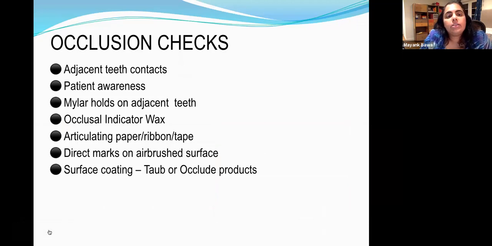Occlusion checks. How do we know that the occlusion is good, and how important is it to make sure the occlusion is good? Otherwise, there's no way that the crown can be okay in the long term. I've seen patients who have normal teeth, the occlusion is not right, and they start having periodontitis, and a tooth that was completely fine now needs a root canal, or it can cause long-term damage